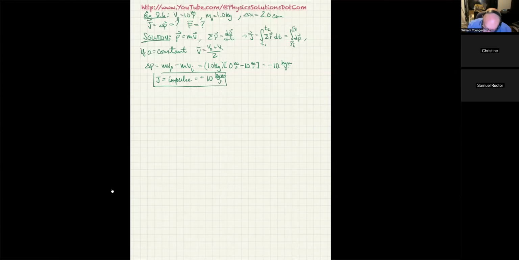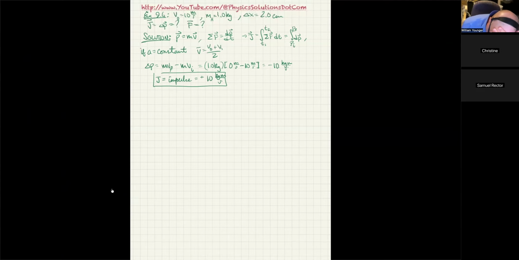Now, the second part of the question is if you're taking the summation of the forces is equal to dP/dt, I think you'd agree that the largest, most significant force acting on this board should be the force that the hand is applying to the board. And in fact, when the hand applies it to the board, that's going to be a sort of big force. Obviously, for it to stay on those cinder blocks as it looks like it is in this diagram, then those two forces on the left and right have to add up to give you that force. But that's not the force that's causing the change in momentum. So we're focused on the force that the hand is applying.